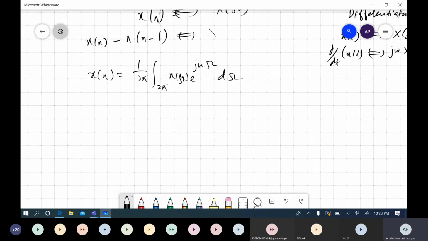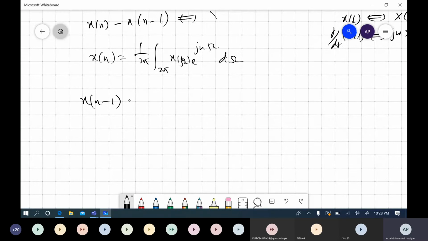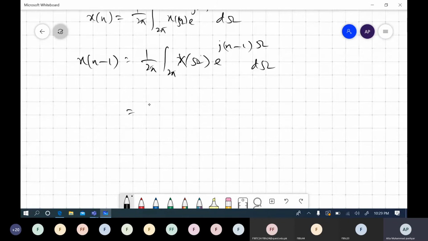Then what must x of n minus 1 be? 1 over 2 pi integral over 2 pi, X of omega e to the power j, now this n must be n minus 1, omega d omega. Then this must be equal to 1 over 2 pi integral over 2 pi X of omega times e to the power